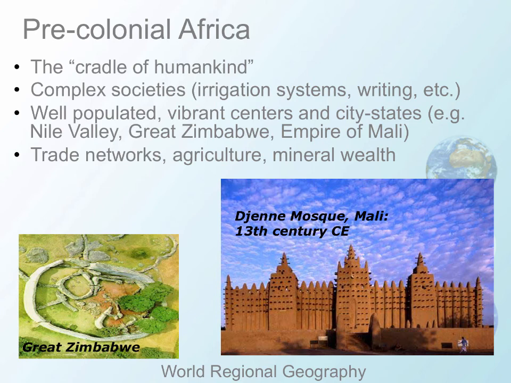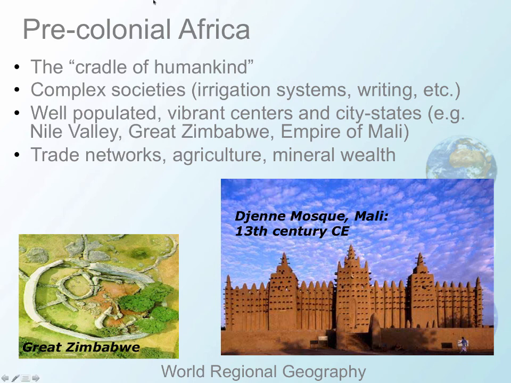All right, let's think about Africa before colonization. It had extremely complex, advanced societies, probably much more complex than a lot of students would realize. Some examples of this would be architecture, but we also have evidence of extensive irrigation systems, writing, culture. There were very large, for the time, very large urban areas,